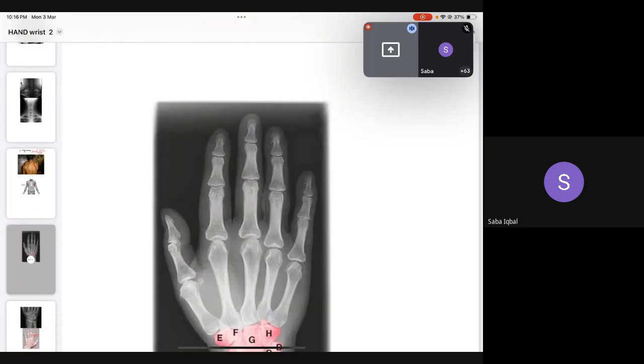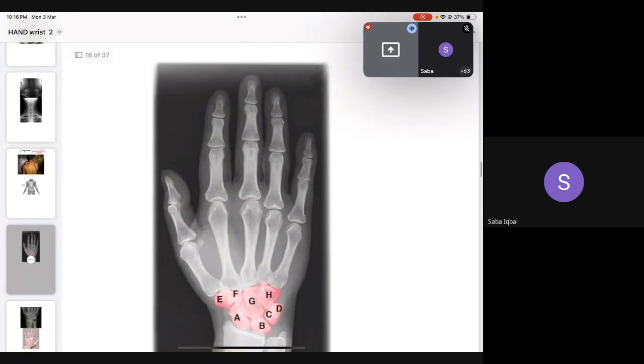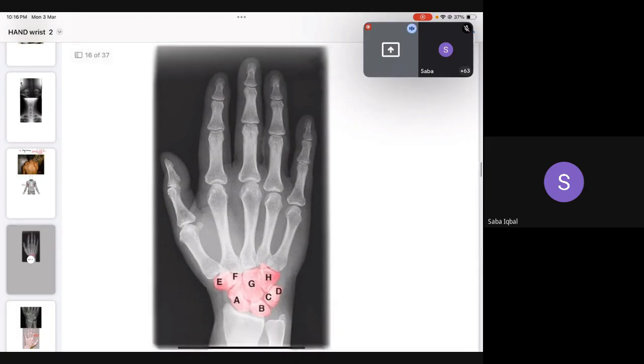So we'll be starting with the wrist. We already know that we have certain bones, the wrist bones, which are also known as your